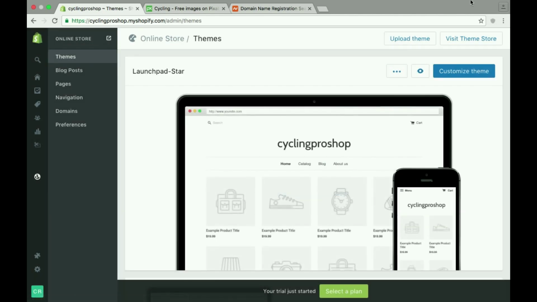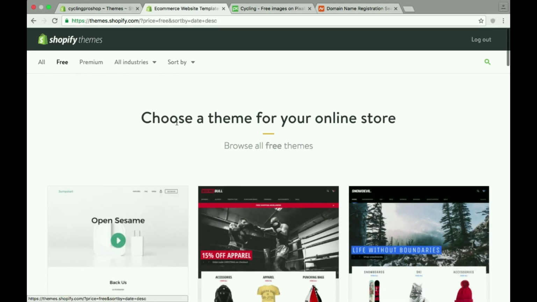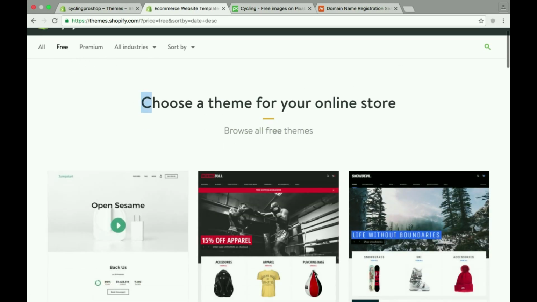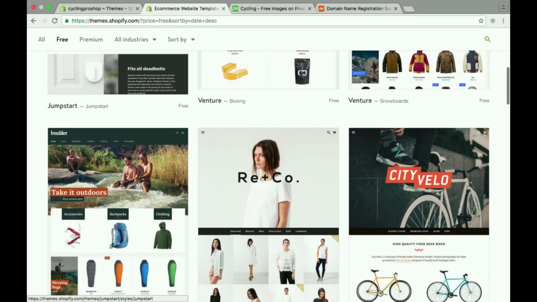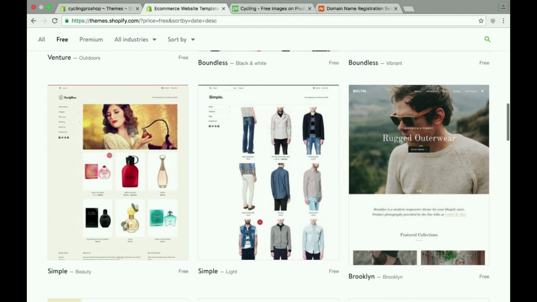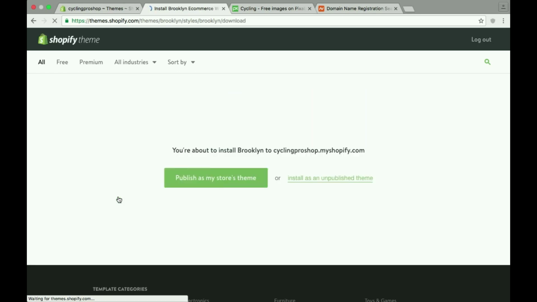So what we're going to do is customize that, right? So we're going to view the theme store. And we're going to go to free because free is probably the best if you're on a budget, and let's just assume the majority of you watching this tutorial right now are on a budget, so let's just go with a free theme, and then we're going to go ahead and pick Brooklyn. So we're going to install this theme, publish as my store theme,